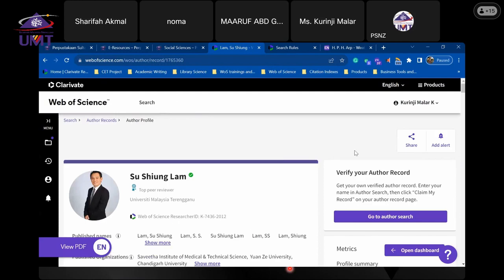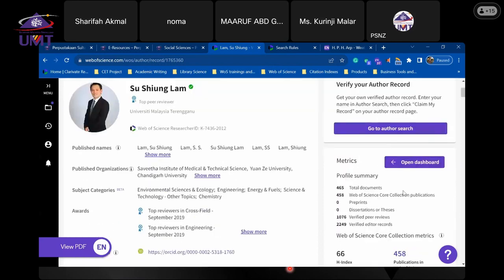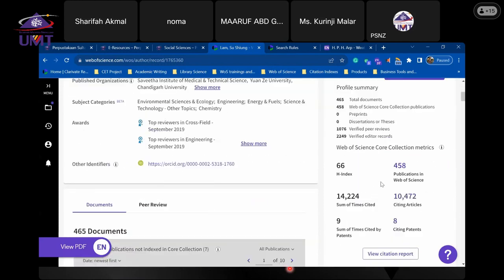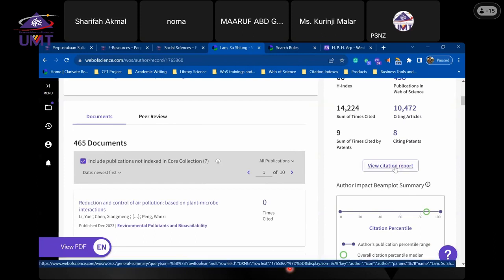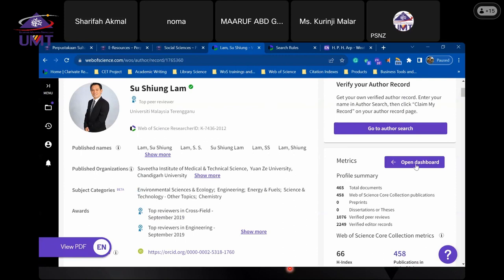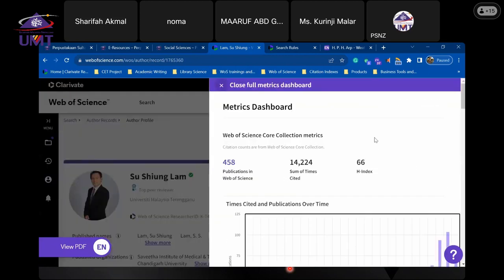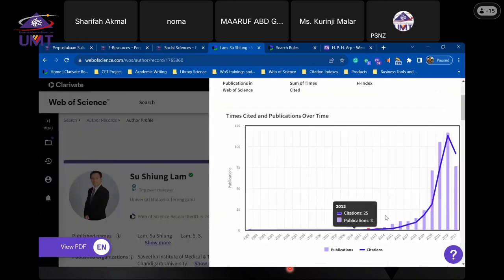researcher's performance metrics, from the publications in Web of Science, to times cited, to citing articles, to being cited in citing patents as well. If you want to view the citation report, you can either go into the citation report or you can open the dashboard. In this dashboard, it shows you a sharp increasing trend in citations, and an increasing trend